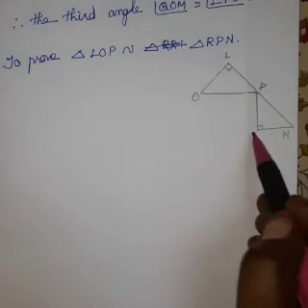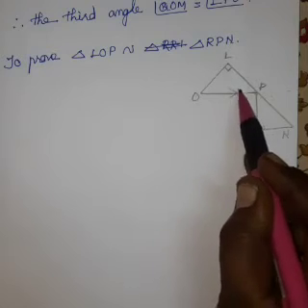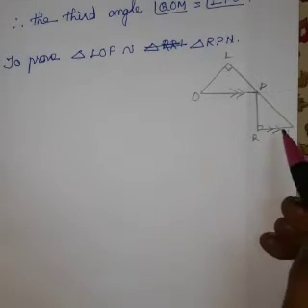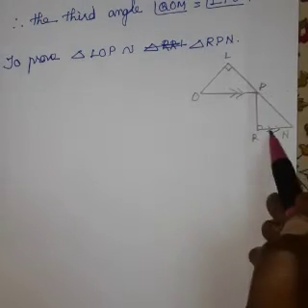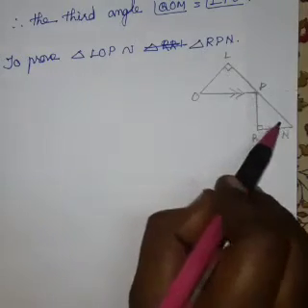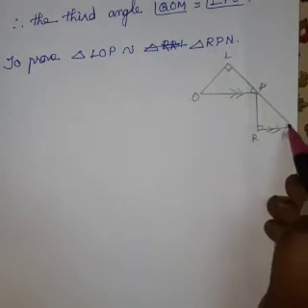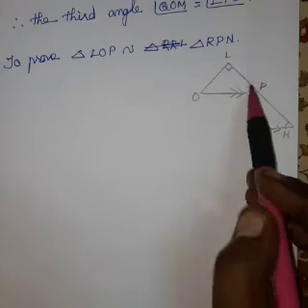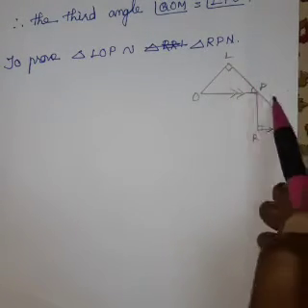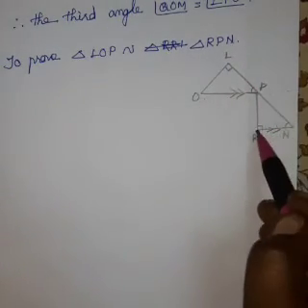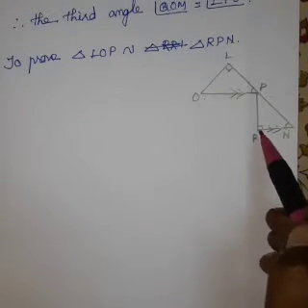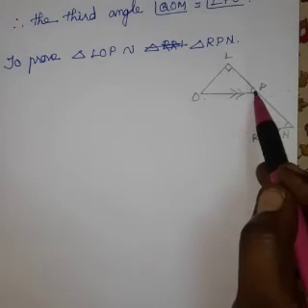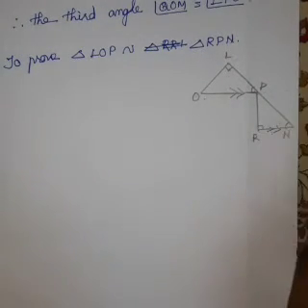Since the lines are parallel, these two are the sides of the square, that extension only. From the given diagram you can understand. So the sides are parallel, cut by a transversal LN, and the corresponding angles are equal. So angle LPO is equal to angle RNP. L is the 90 degree vertex, R is a 90 degree vertex. Understood? So using these two angles we can say by AA criteria the triangles are similar.